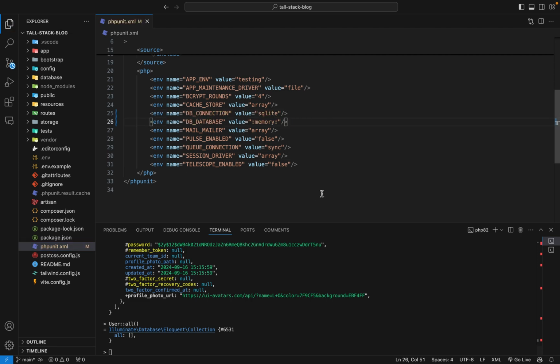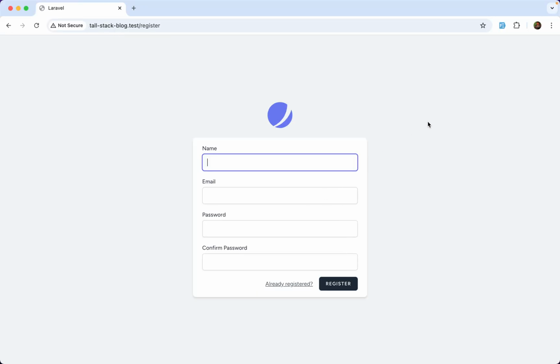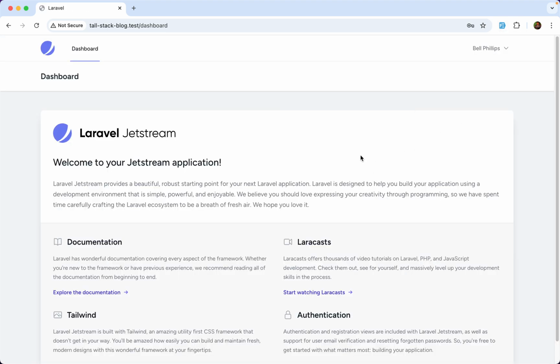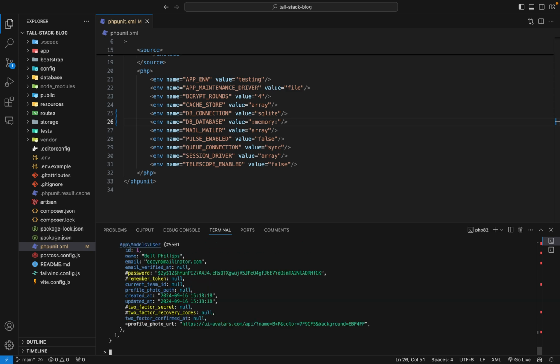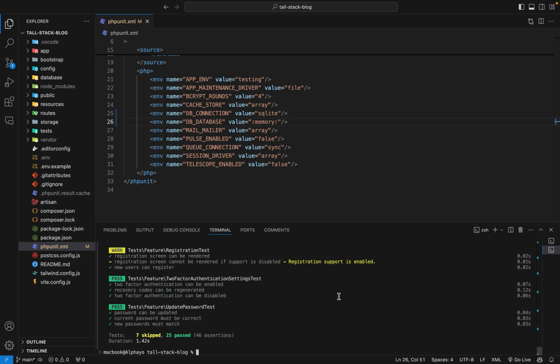And now, if I go to the browser, let's register a new user. Registered, go back here. Then let's fetch our users again. We have our users. And now if we run the tests